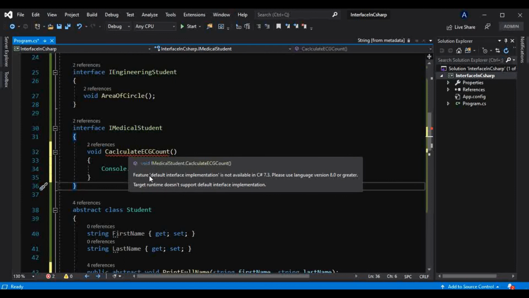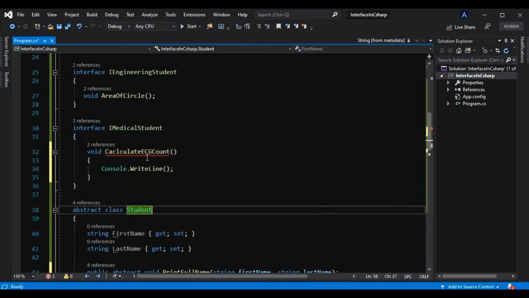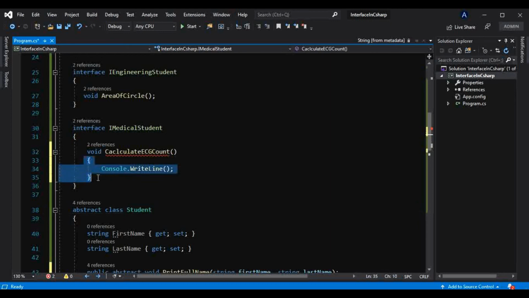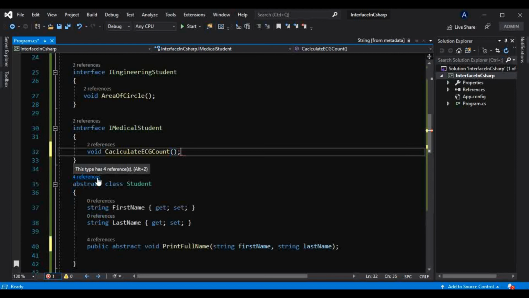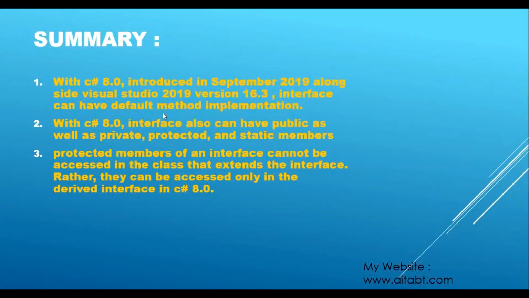And what it says, feature default interface implementation is not available in C# 7.3. Please use language version 8.0 or greater. Okay, so though it is not possible till C# 7.3, starting with C# 8.0 it is possible. I am not using C# 8.0, so that is why it is throwing an error. But starting with C# 8.0, the default method implementation for interface is possible.